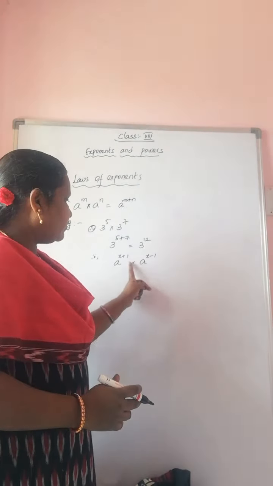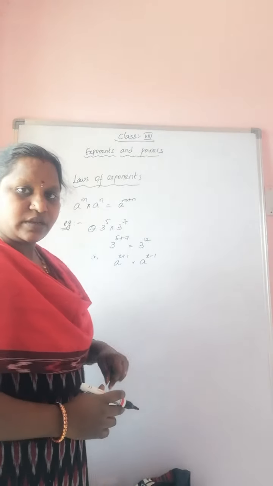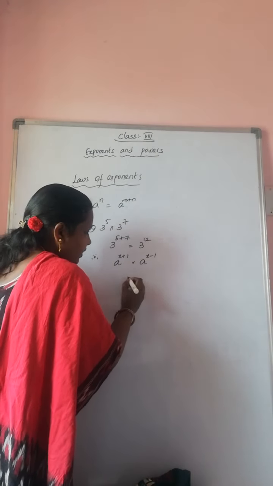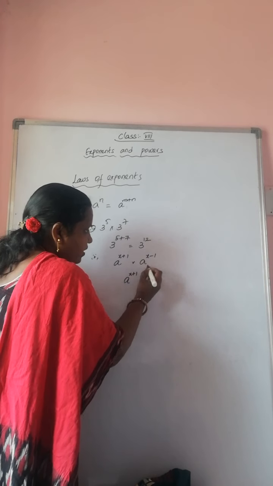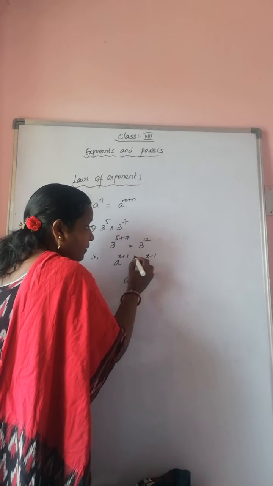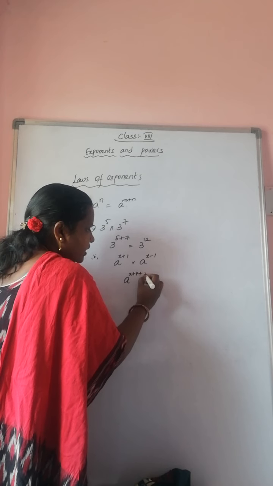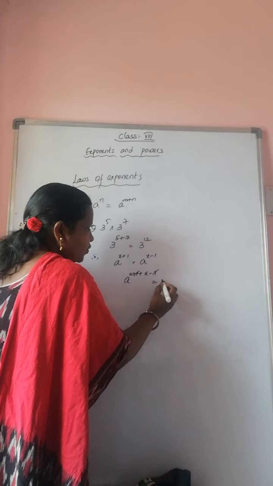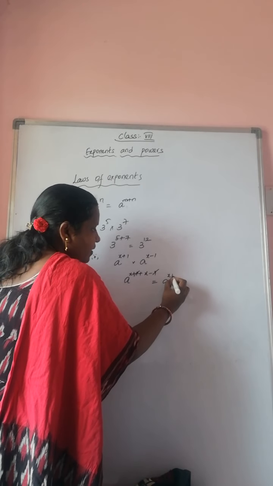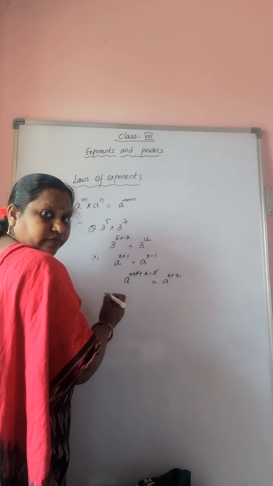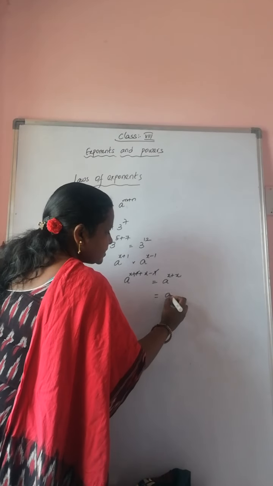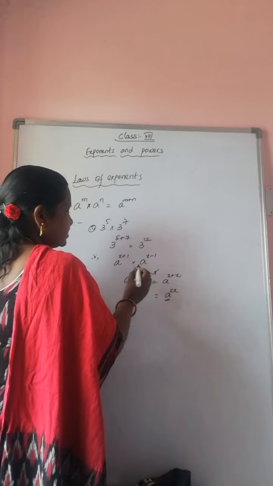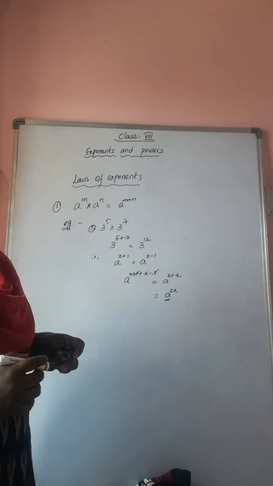Okay, a to the power of x plus 1 into a power x minus 1. Here, what is the base in both? It is a. So what I can do is write a power x plus 1, and we can add the powers now, plus x minus 1. We can look at the powers. The plus 1 and minus 1 get cancelled. So what is left is nothing but a to the power of x plus x. What do we mean by a to the power of x plus x? It is nothing but a to the power of 2x. So the answer for this is a to the power of 2x.